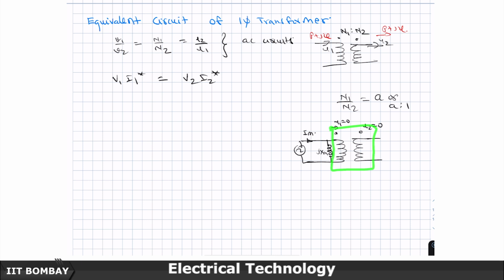This is my ideal transformer. So, what I have to do is give it another shunt path of impedance jXm, which is